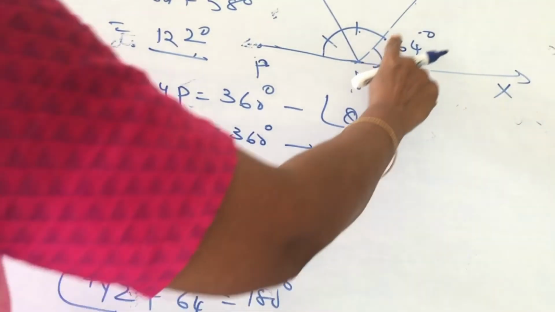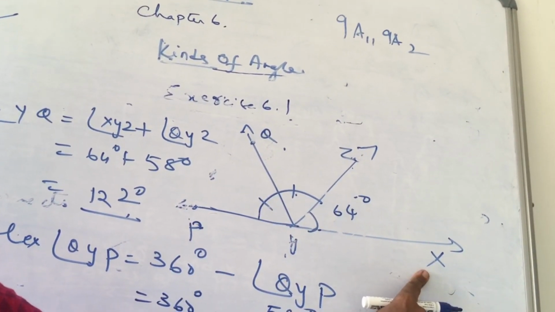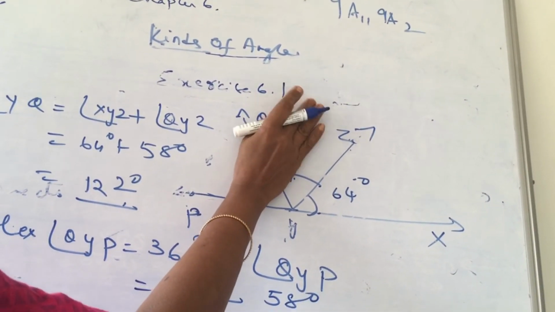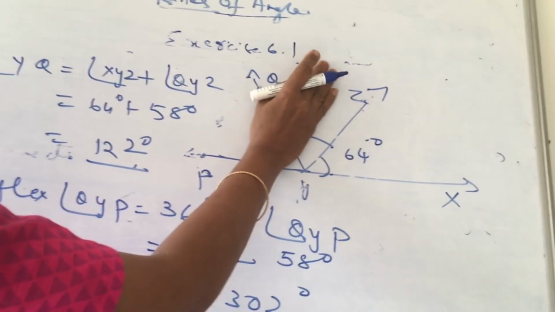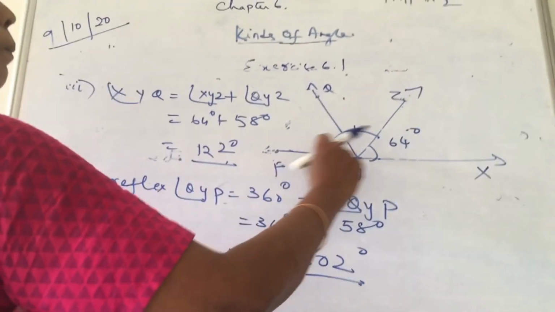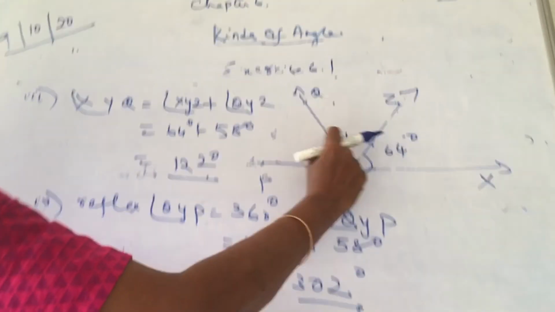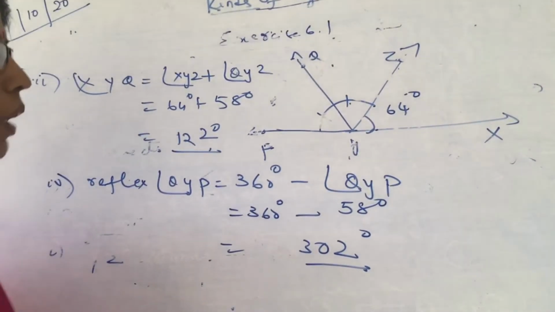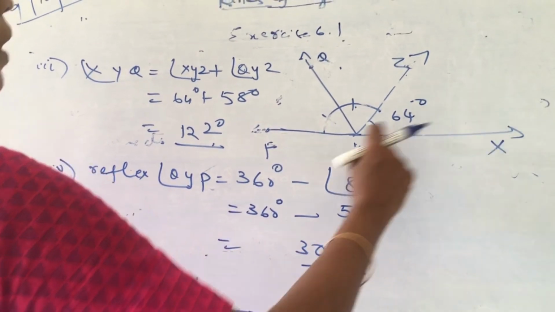I repeat once. First thing is the ray YZ stands on the line PX, children, and 2 angles are there on the line PX. Angle PYZ plus angle XYZ is 180 degrees, that is linear pair, and you got the measure as 116. It is given that ray YQ bisects angle PYZ. What does an angle bisector do? It divides the angle into 2 equal parts, children. Full angle is 116, means each part is how much, children? 58 degrees.